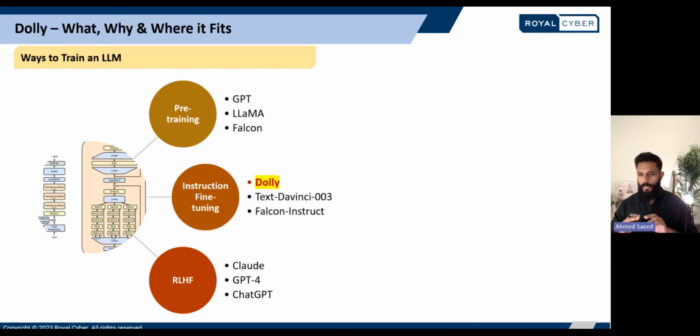This is essentially taking a generic large language model, such as GPT, Llama, or Falcon, and then sharpening it to follow specific instructions. That's where Dolly, Falcon Instruct, and text-davinci from OpenAI, for example, sit. And the last one is reinforcement learning from human feedback. This is taking it to the next level and aligning the model's output with human values and expectations.